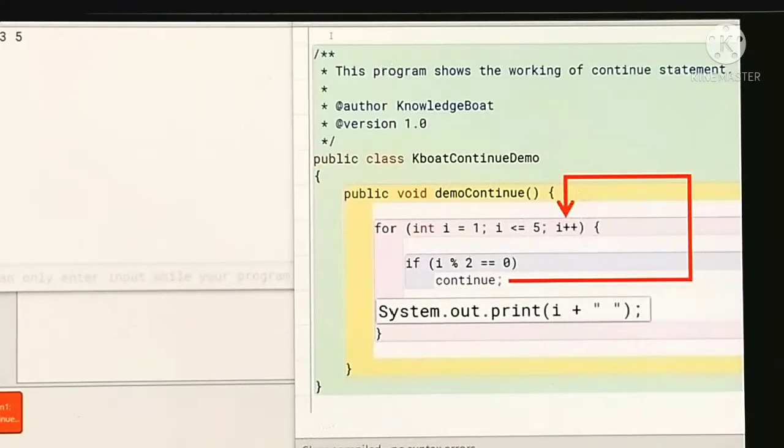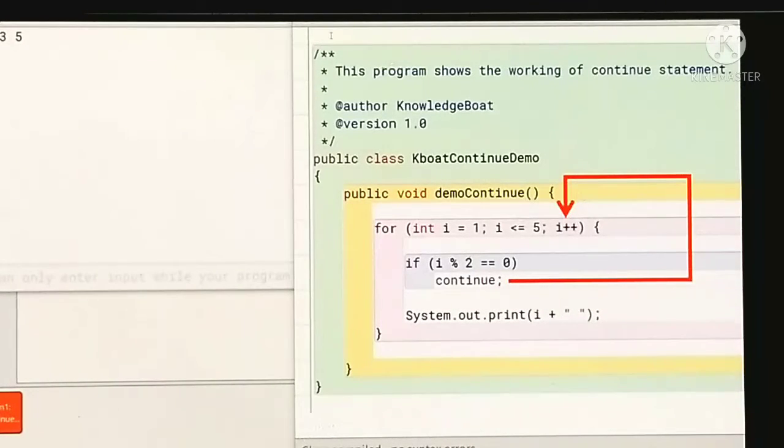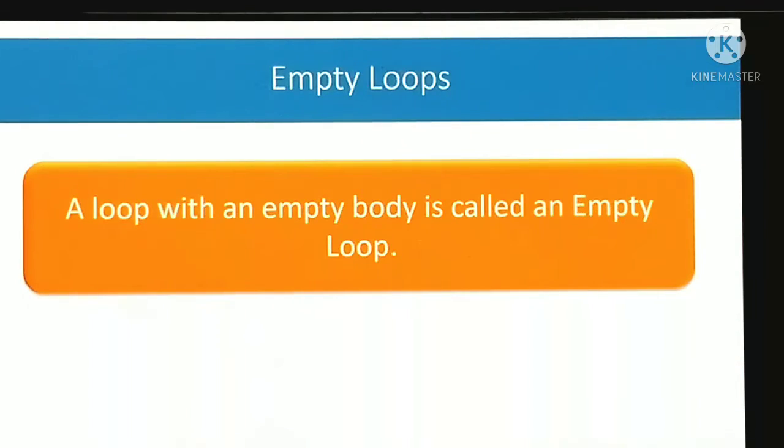That means those numbers divisible by 2, with remainder 0, will not print on the screen, and those numbers which are not divisible by 2 do not satisfy the condition, so they will print on the screen according to this for loop. So it will display on the screen 1, 3 and 5. Then our next is